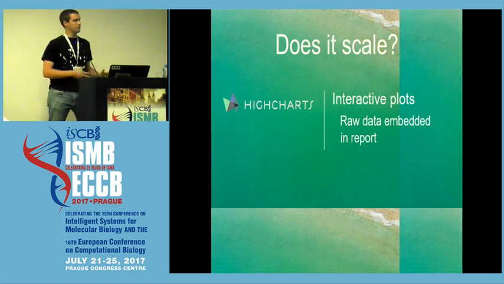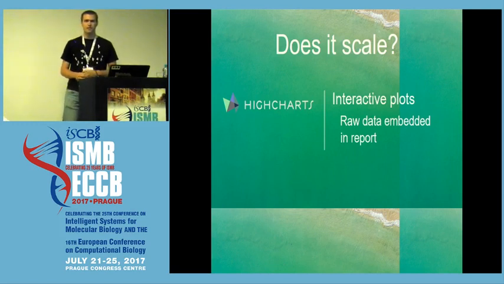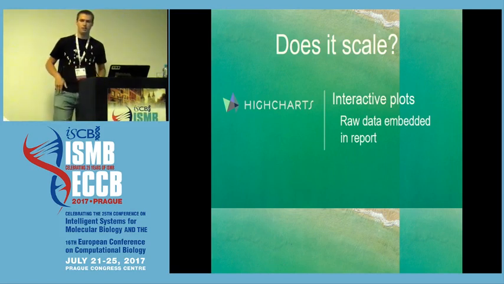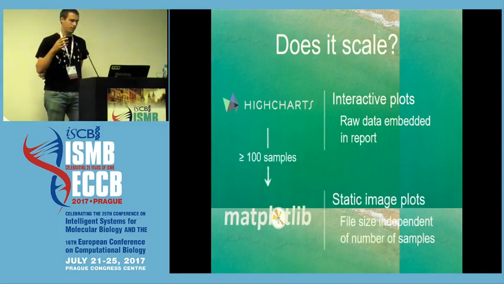By default, MultiQC uses HighCharts, which is great. It gives these nice interactive plots. But that means it has to embed the raw data in the report itself into the HTML. It's a single file. And when we start to really scale to large numbers, the reports get very big, huge file sizes, and the browser is not necessarily able to handle that amount of data. So to get around that, there's a threshold, and over a certain number of samples, you can configure or disable this if you want to,